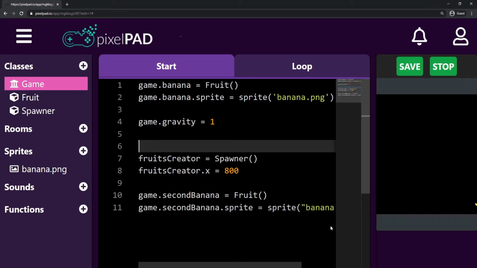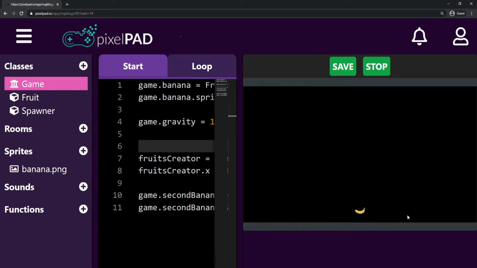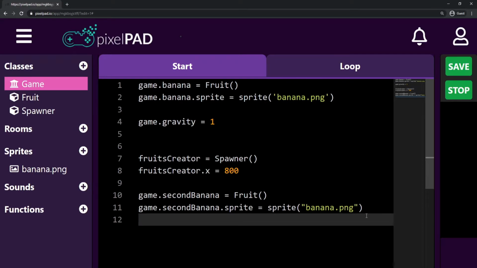And what else? That's all we need for now. Okay, so now you can see that whenever we stop and play, I don't have any bananas jumping anymore, and I just have the two bananas placed on the same position. So what I'm gonna do, I'm gonna move my second banana a little bit to the right so we can